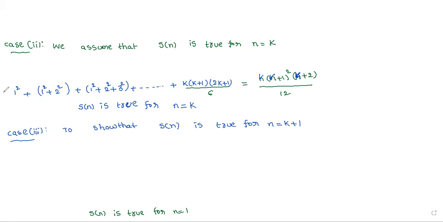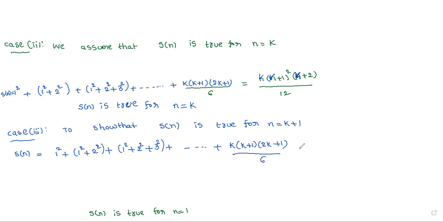So once again write this S of n, equation 1: 1 square plus 2 square plus 3 square and so on plus k into k plus 1 into 2k plus 1 by 6 is equal to